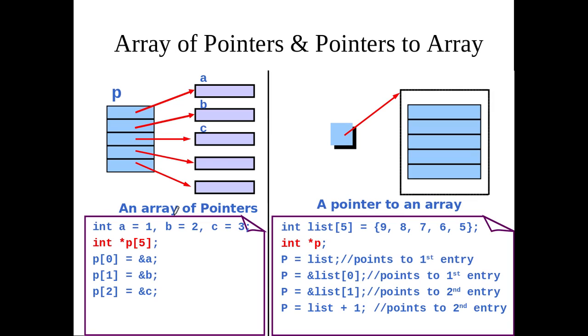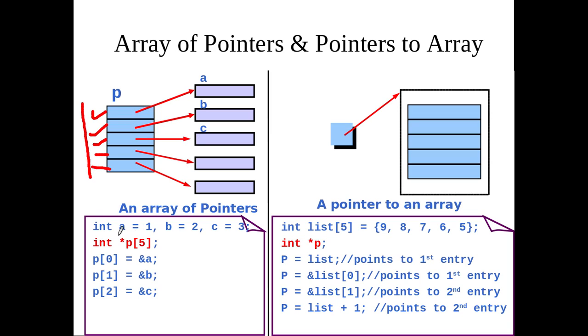Now it is again a very important concept: array of pointers and pointer to array. Generally it is a two marks question in exam, what is the difference between array of pointers and pointer to array. So array of pointers means we have an array whose every element is basically a pointer. Every location contains one pointer that is pointing to some memory location. For example, the first location of an array is a pointer that is pointing to variable a, the second location is pointing to b variable, the third location is pointing to c variable, and so on. So this is basically an array of pointers.